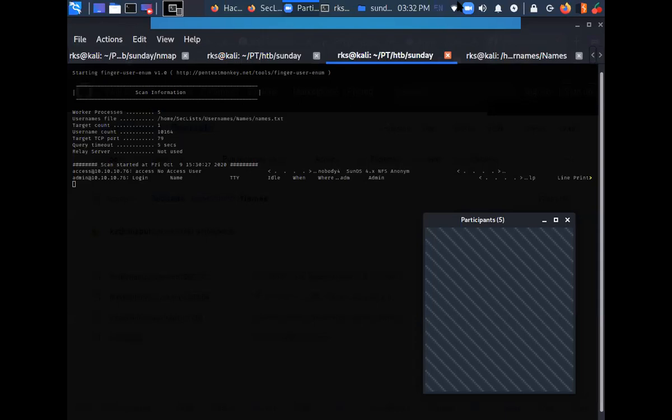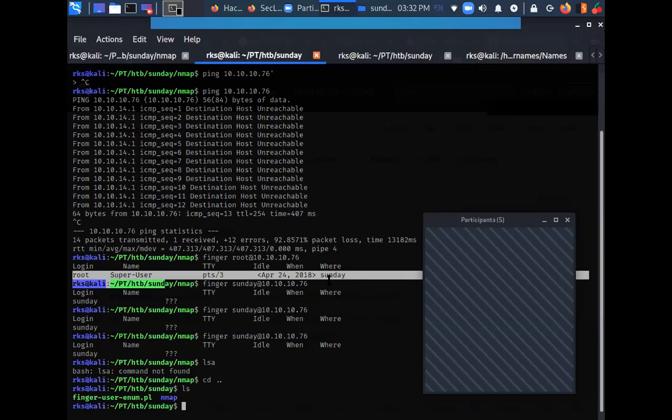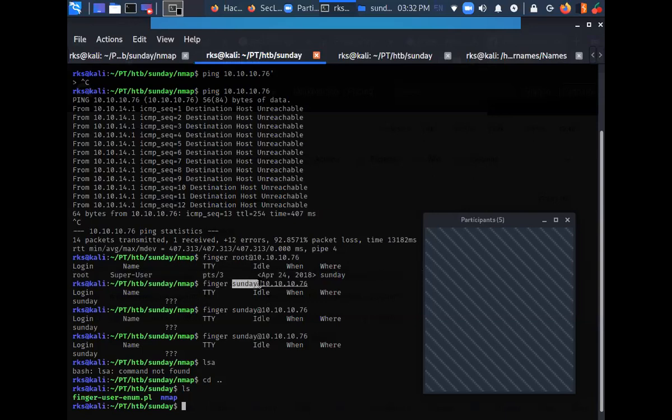So we are doing a brute force against this point. Let me show you. This script is going to take the list of users from the names.txt file and brute force at this point where I have highlighted, one by one, looking for valid users. Just like we can see here, root is a valid user. The output is different for a valid user and different for an invalid user.